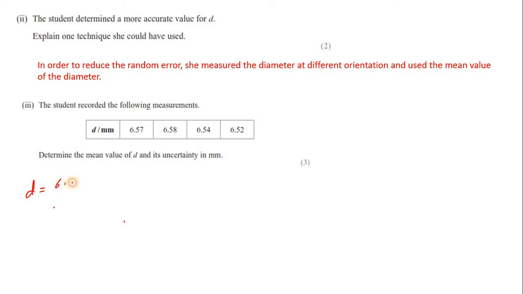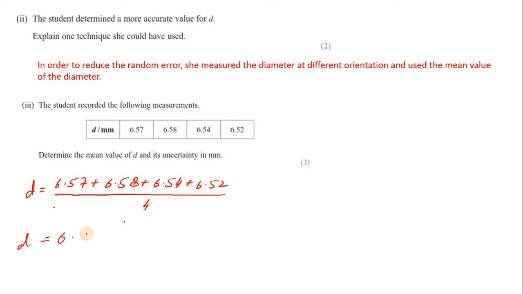So 6.57 plus 6.58 plus 6.54 plus 6.52, and then divided by the number of readings, so divided by 4. In that way you have D equal to 6.5525. Of course we need a consistent significant figure, so round it off to 6.55